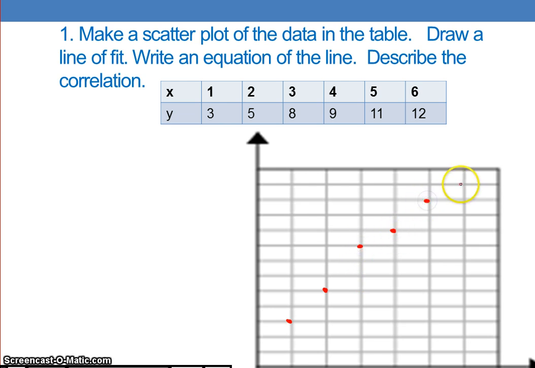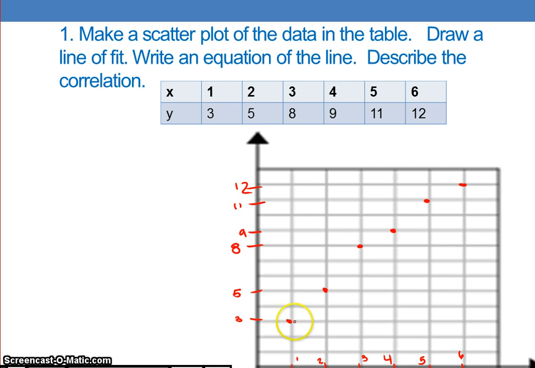So for 1, 3, she's graphing 2, 5, 3, 8, 4, 9, 5, 11, and 6, 12. If you need a moment to pause while you graph yours, go ahead and do that, but Miss Hygra and I will continue graphing ours. Looks pretty good. And notice also that Miss Hygra is labeling her points as well. It's just going to make it a little bit easier for us to keep track of what we have and